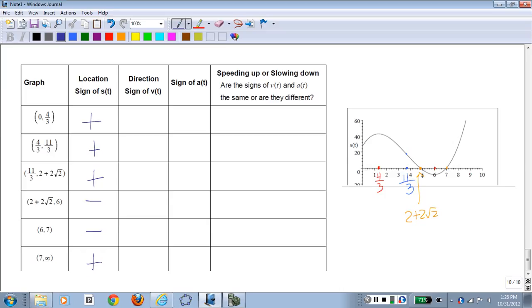Direction. If we had a sine graph for V of t, S prime of t, it would have a,